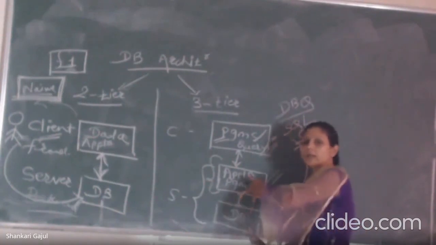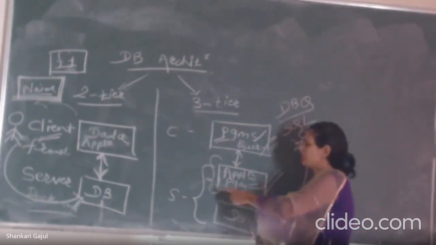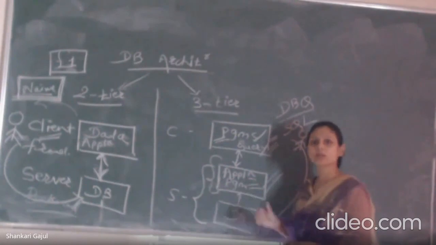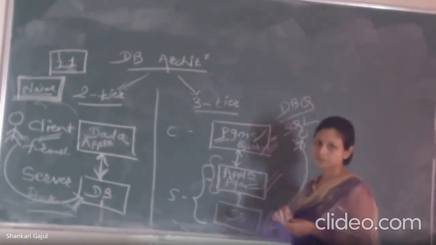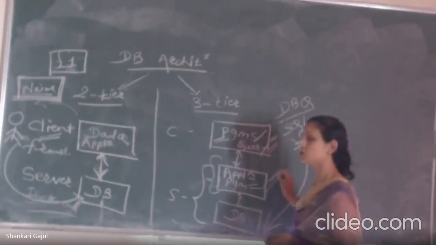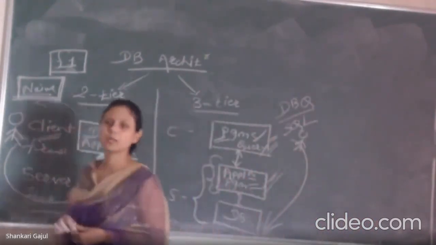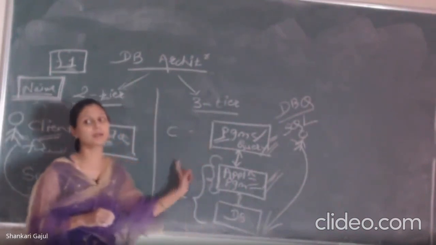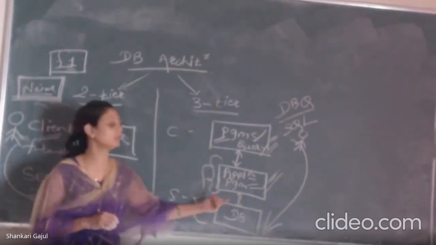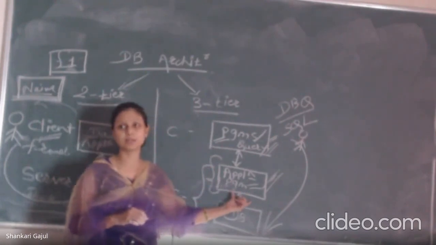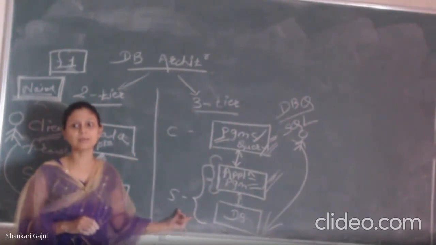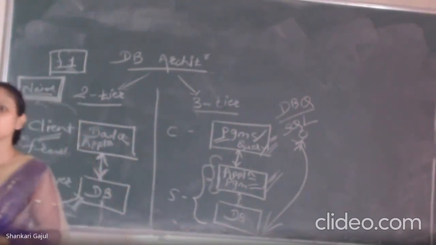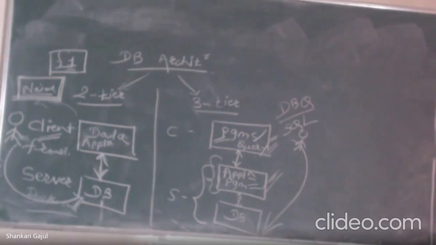But one kind of intermediator is required, that is the database application programmer. This program is already written by the users. We can say this is also one kind of platform. So in a three-tier, the user does not directly interact with the system. One kind of application programmer is there. This is on the client side, and the application program and the database are on the back end or server side. So this is the main difference between the two-tier as well as the three-tier architecture.